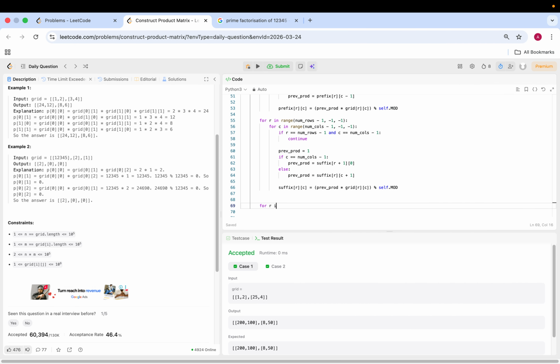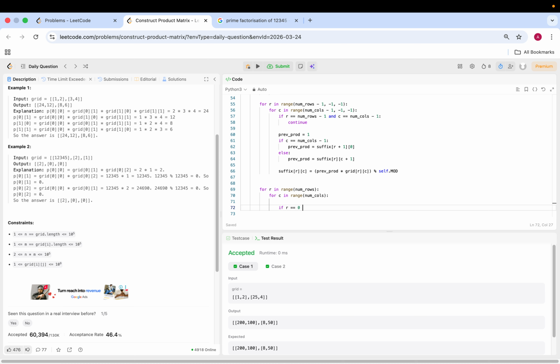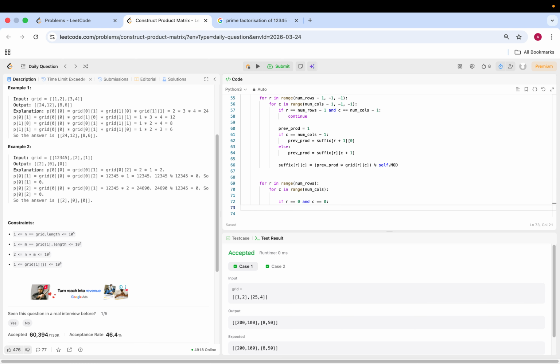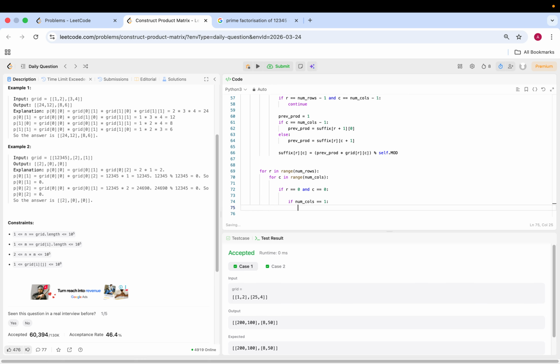For R in range numRows, for C in range numCols. If R equals 0 and C equals 0, right? So if I'm at the very start, then I've only got one thing to look at. I've got to look at the suffix. If numCols is equal to 1, then grid at RC, I'm doing this in place, grid at RC is just equal to suffix at